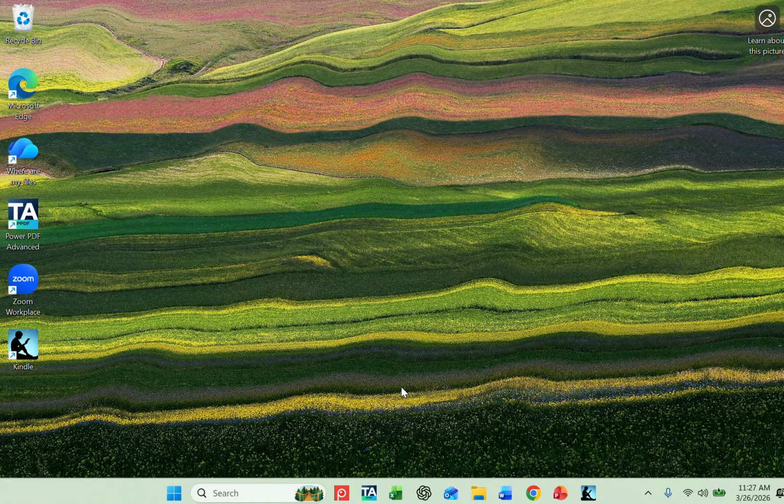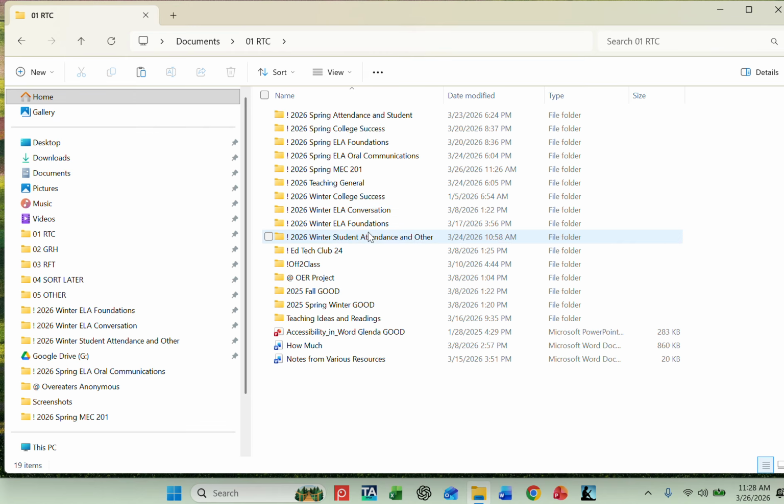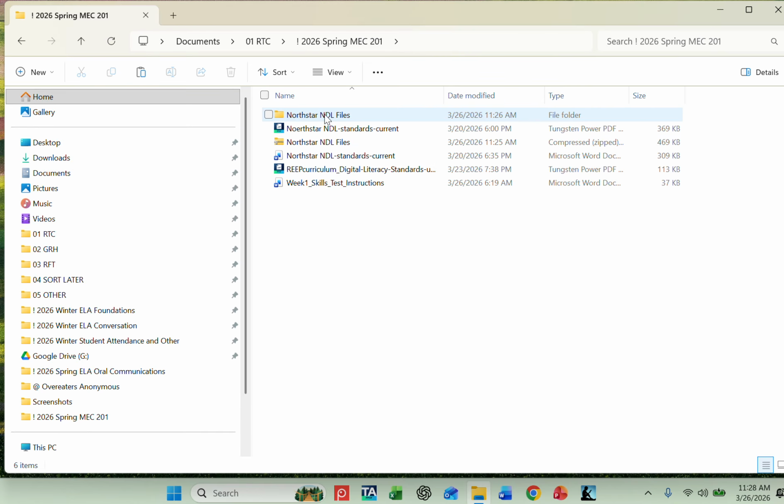Students, in this video, I'm going to show you how to make a zip file. So first of all, we want to come over to File Explorer, which is our little folder. Open up your folders, and I'm going to navigate over to my MEC 201 class, and right now I have